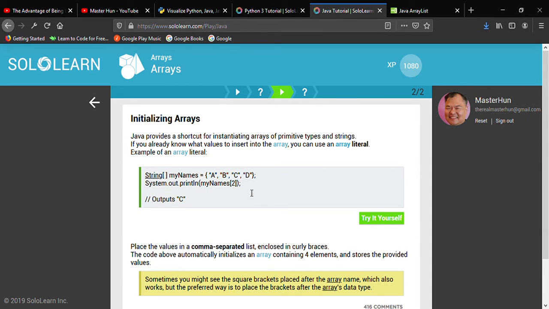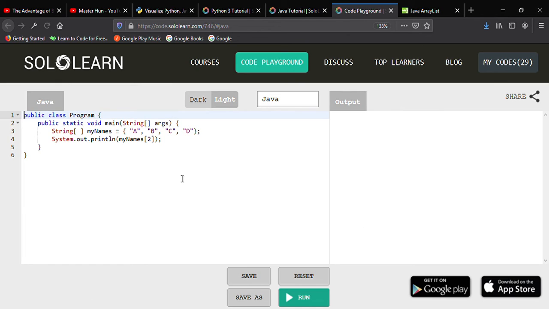Okay, so here is an example right here. We have a string array. Actually, we have an array of characters. And if we go to the code playground, we'll see that we have defined the array names, which is of the data type string, and we use curly braces to define the array. A string is actually an array of characters. So if we run the code,